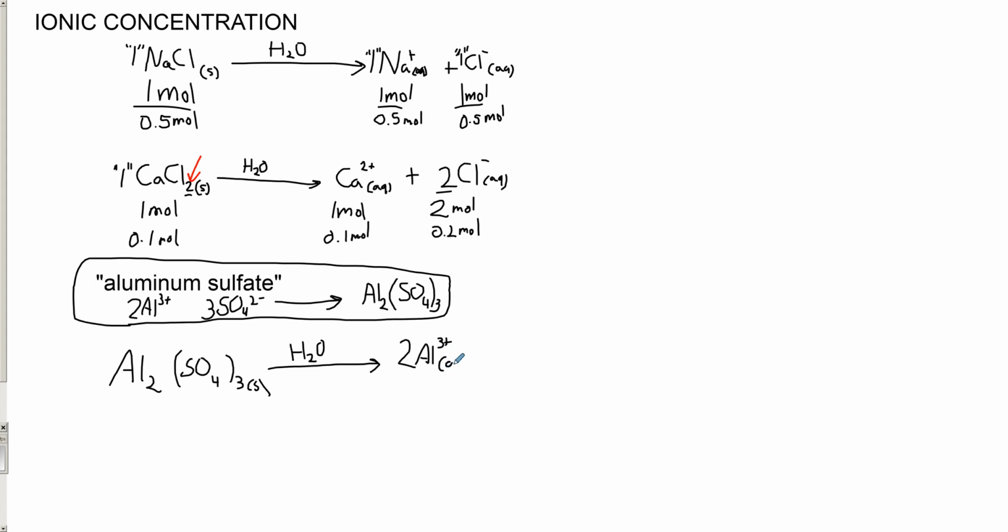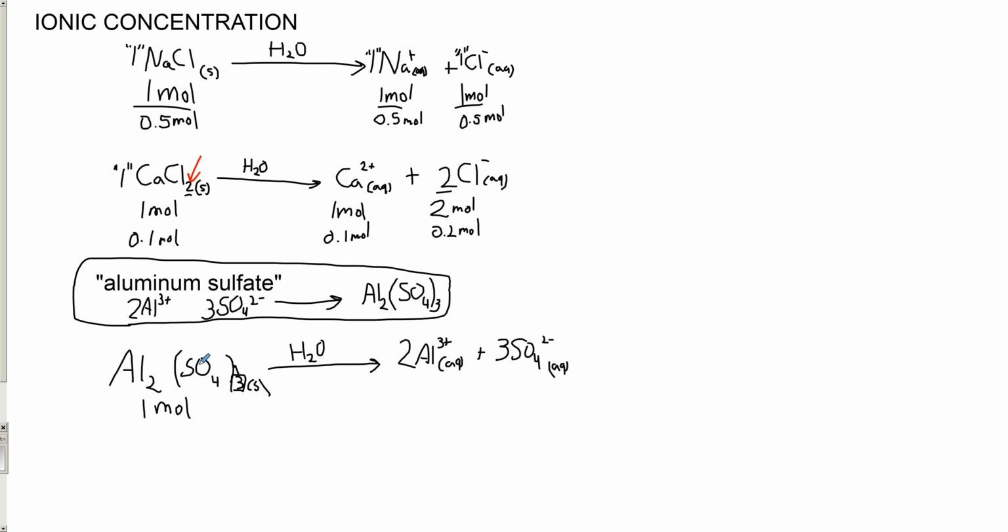And we have 3 sulfates. So 3 out front. Where did we get it from? The subscript, because that, remember, tells us how many of the bracketed polyatomic ion we have. So 3 of those, 3 SO4 2- aqueous. Bam. So if I take 1 mole of this chemical aluminum sulfate and I dissolve it in some water, and